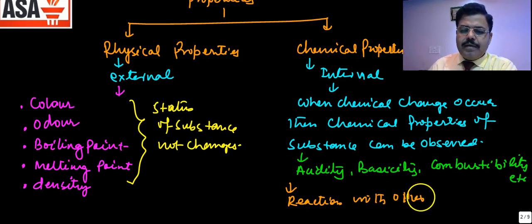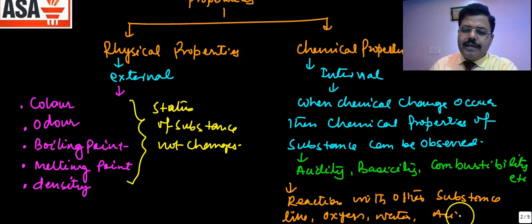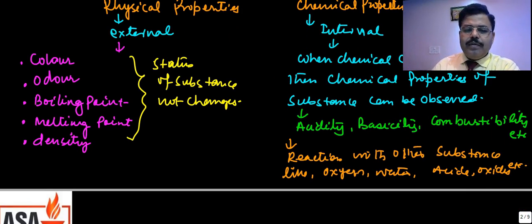other substances like oxygen, water, acid, oxides, etc. So these are chemical properties. Now some types of substance